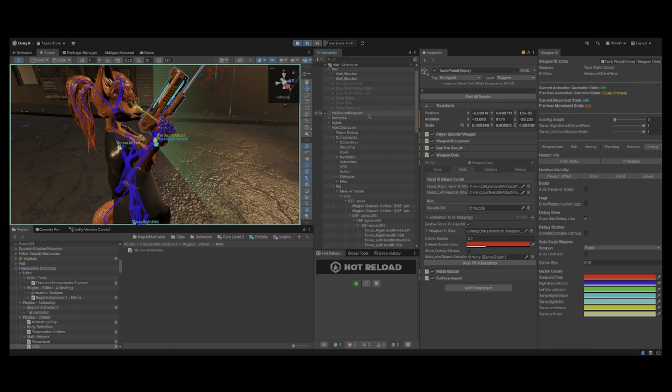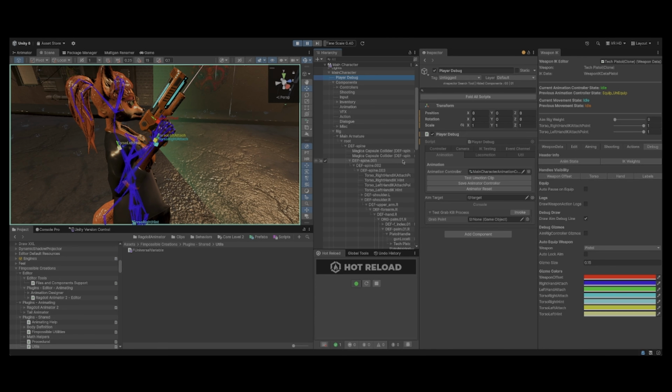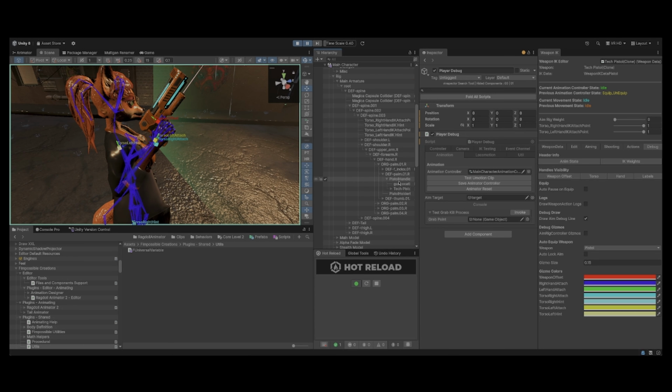I would have to go in, either with a controller or with another component like player debug, and say equip. I had to do this every time I wanted to test. I'd have to do a couple of steps to configure the state manually, and you do this over and over again,